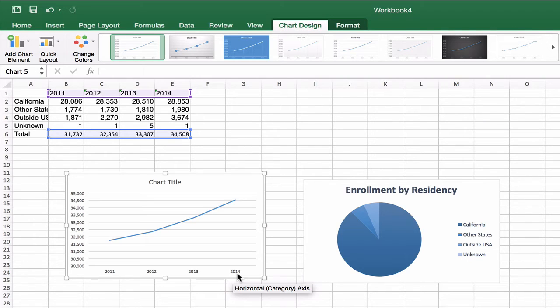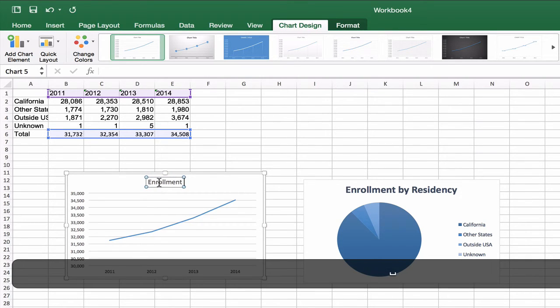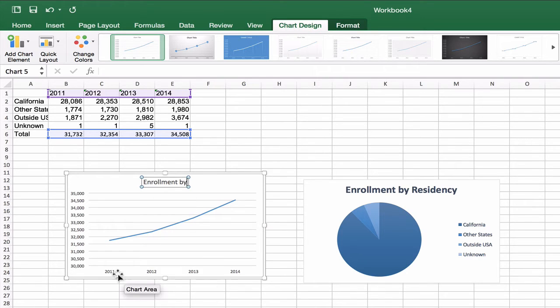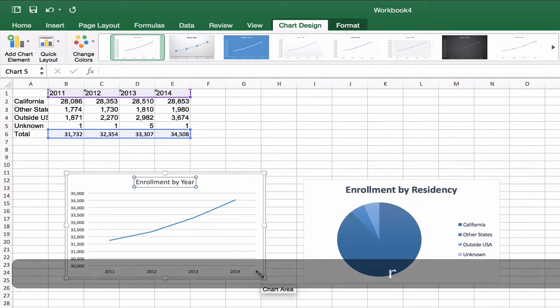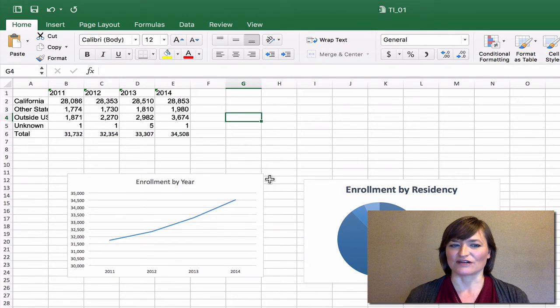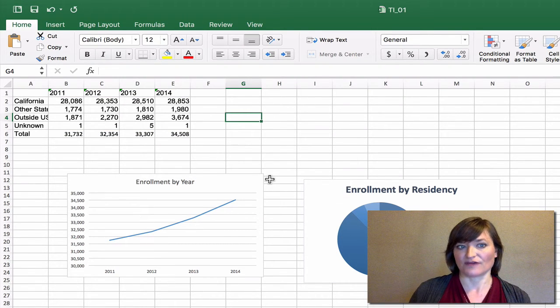Now, what should we have for the chart title? Remember, the standard is outcome variable by predictor variable. So let's see, the outcome variable is enrollment again, right? So enrollment by, in this case, our predictor variable is year, enrollment by year. Our line graph doesn't have a legend, which is great. That's fine. There's only one piece of data. So with only one data series being plotted, we really don't need a legend.